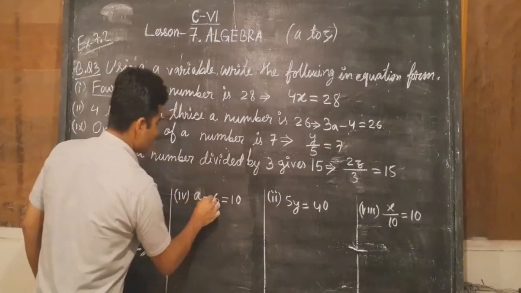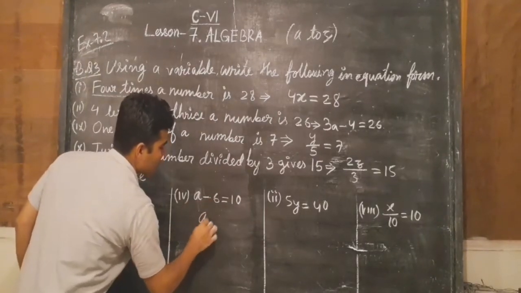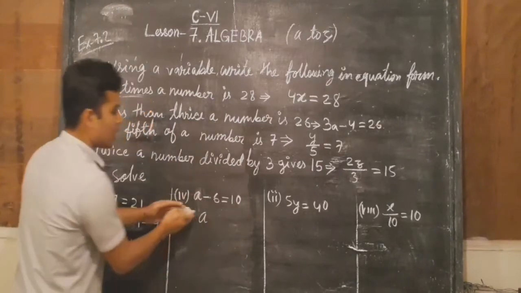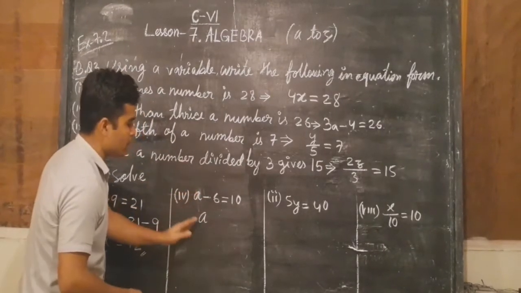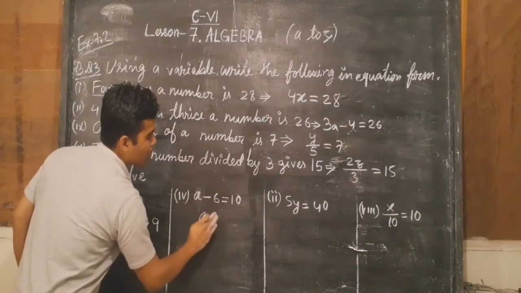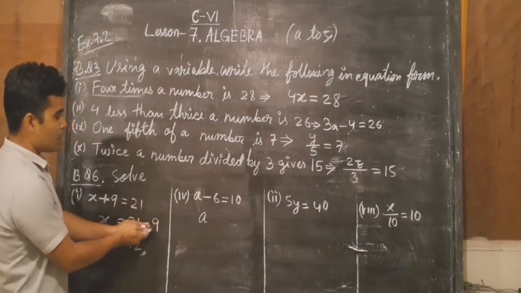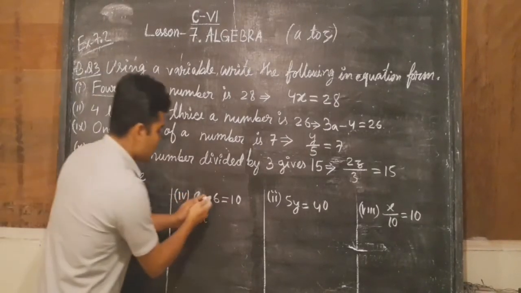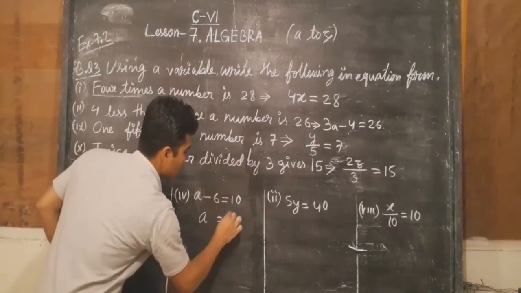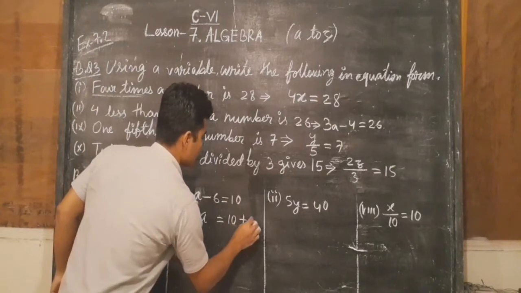Here you can see it is subtraction. The variable is a. We have to find the value of this variable. Solve means we have to solve this equation to find the value of the variable. With this variable you can see it is subtracted. If you transfer it to the other side, if plus then it will be minus on the right side. If it is minus then it will be plus on the right hand side. You can see 10 is already there. This minus 6 will come to this side and become plus 6.